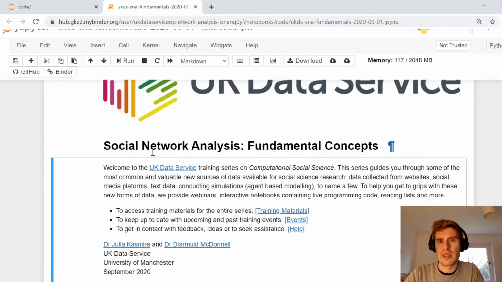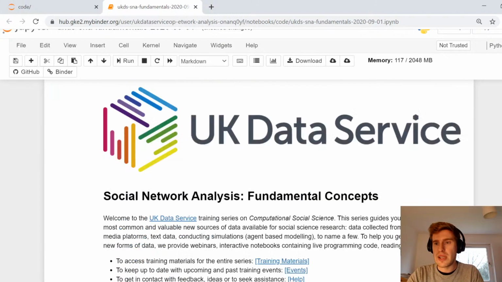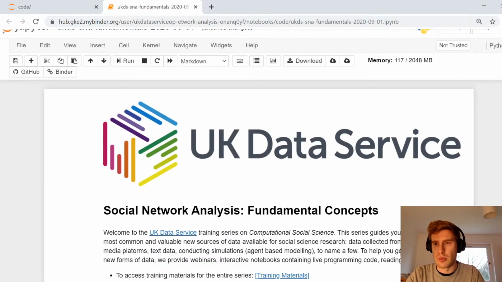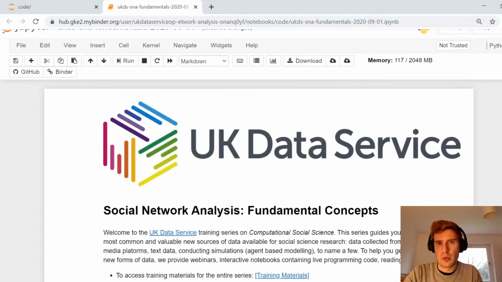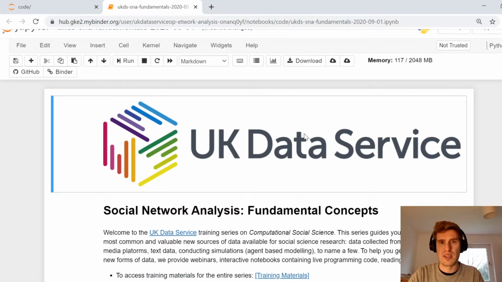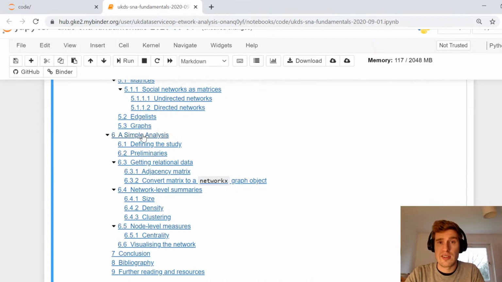This contains a lot more material than we're going to go through today. I used some of this in the webinar series from about 2 months ago, so we're just going to focus on one aspect today. Like any web page, in this Jupyter Notebook you can scroll down and work through it that way. Jupyter Notebooks consist of cells. This logo here is in its own separate cell. Think of a cell like a paragraph or a section: it encloses text, or images, or code. What I'm going to do is go to section 6 of this Jupyter Notebook,